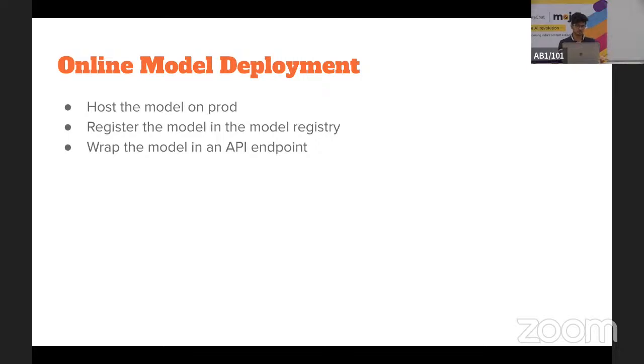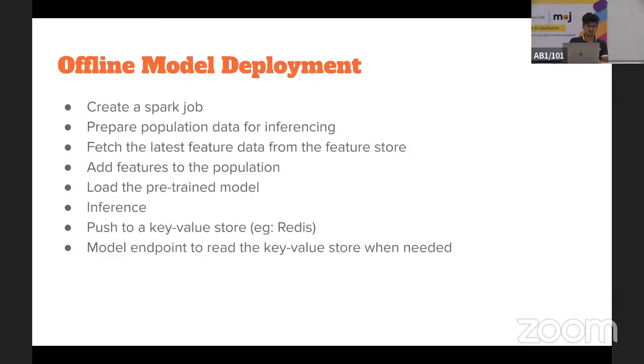That's why online models are easy, but they're compute heavy. Coming to offline, since you're not deploying a model, you're deploying a Spark job. You will first write the Spark job, which will do everything. It will prepare the population and get the feature data from the feature store, I'll come to what a feature store is in a bit. Then it adds features to the population, does the inferencing after loading the trained model, and then pushes these scores to some